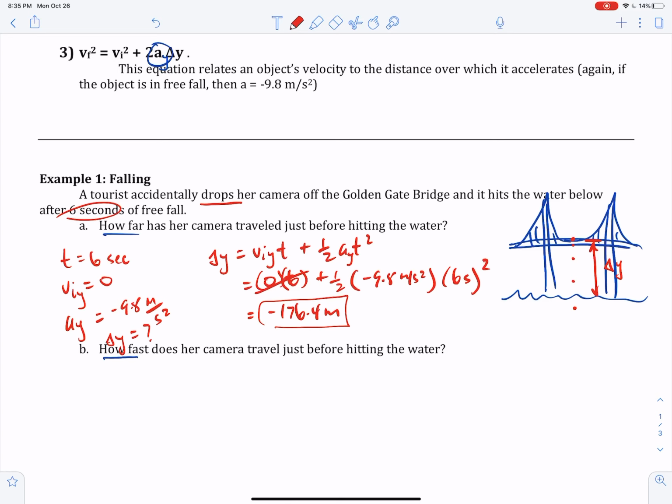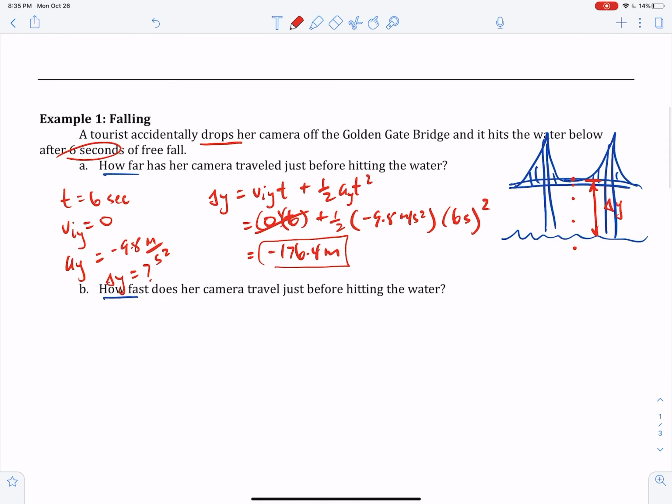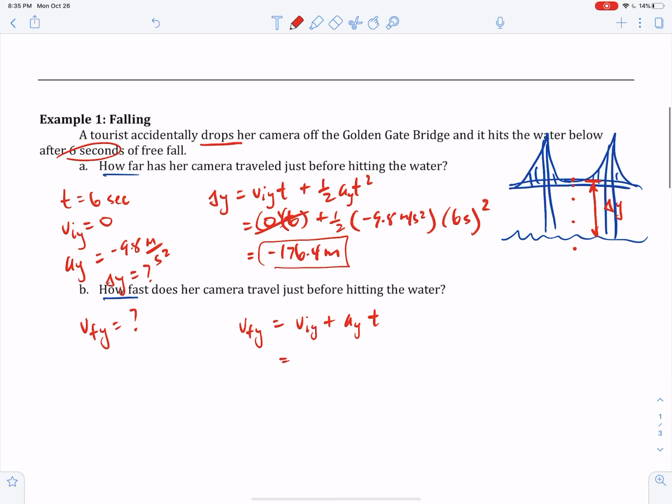All right, let's continue. How fast does her camera travel just before hitting the water? So now we want to know the final velocity just before it hits the water. So we're going to go into equation 2. Final velocity is the initial velocity plus the acceleration times time. Okay, well, the initial velocity is 0. It's dropped. Plus negative 9.8 meters per second squared, and it's going to accelerate at that rate for 6 seconds. So it's just negative 9.8 times 6, which is negative